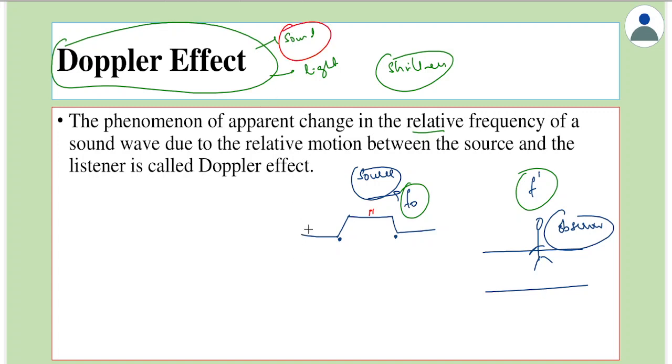And the behavior of the Doppler effect is different in case of sound or light wave. That is, there will be an apparent change in frequency, that basic point will remain the same, but in case of a sound wave, the frequency would differ whether the source is moving or the observer is moving, but in case of light it doesn't matter what is moving. But for now we will restrict our study only to the Doppler effect seen in case of